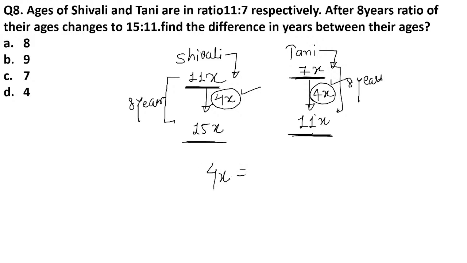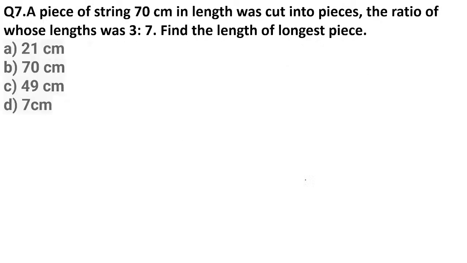When did this happen, student? When did the increment of 4x happen? This increment happened in 8 years. So 4x was equivalent to 8 years. This was the concept that you had to understand here. Okay. But in this question,